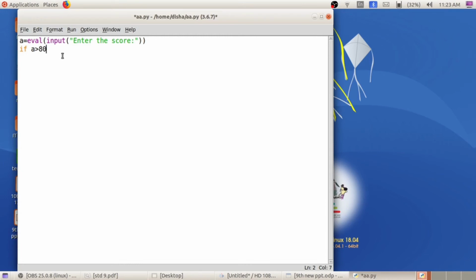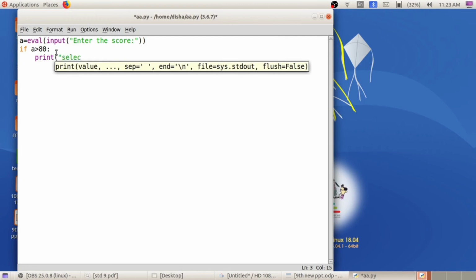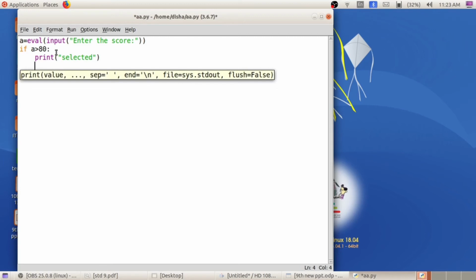So if A greater than 80, then the syntax is you have to give a colon. So this is the syntax. If you forget to give the colon, it is wrong. So declare the function called if, then A greater than 80. If that score is greater than 80, then you have to print selected. The next is else, otherwise.